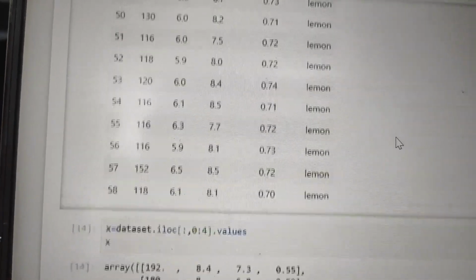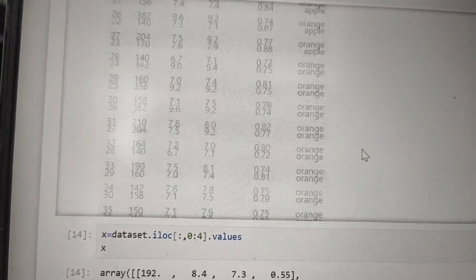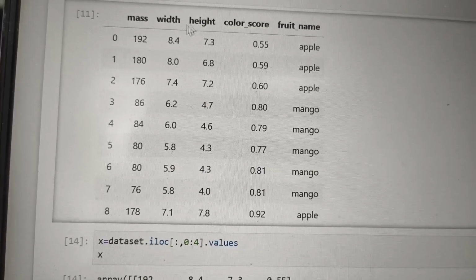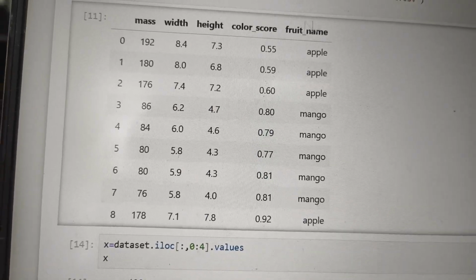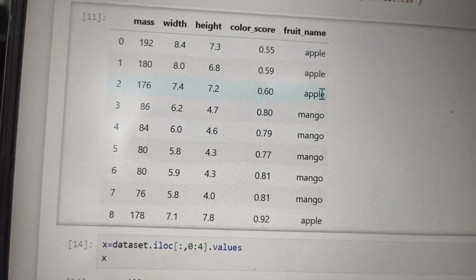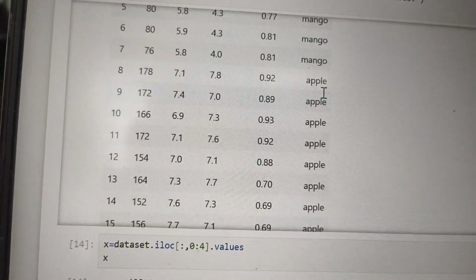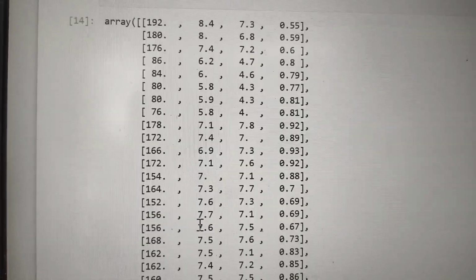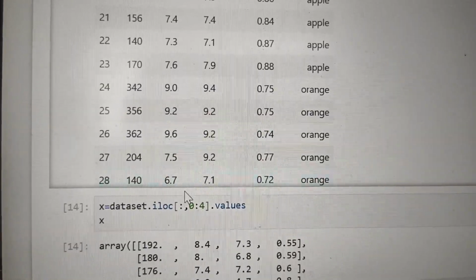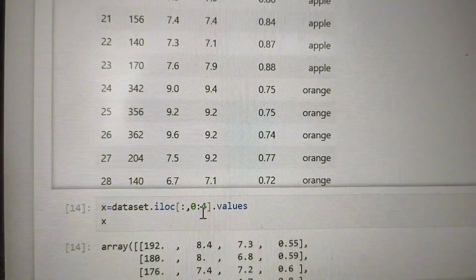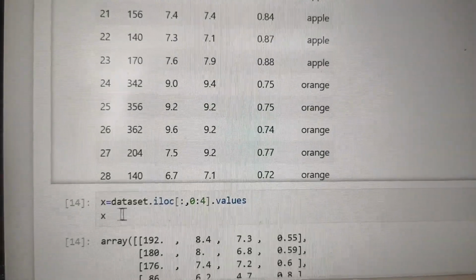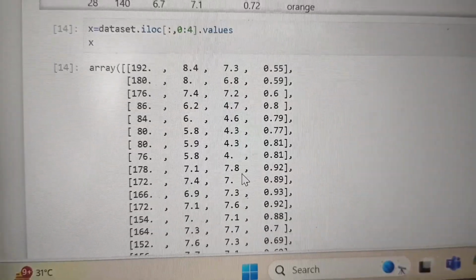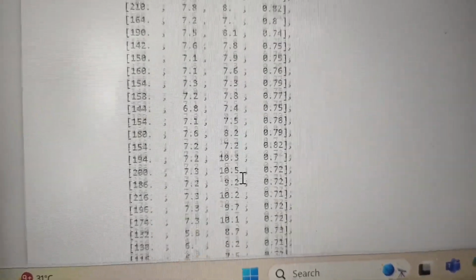So you can see this one: index 0, index 1, index 2, index 3, and we are going to exclude the fourth index. So write 0:4, and when we write x, it will display all the values of the x-axis.